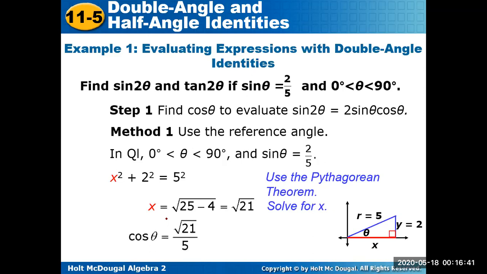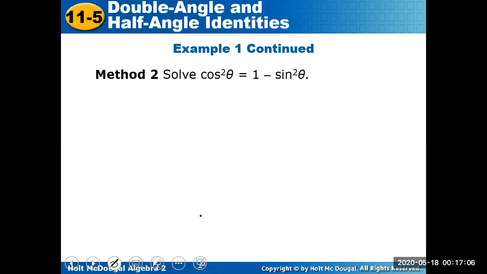Now I have all the things required to evaluate sine 2 theta. I have sine theta, that's given. I just found cosine theta, which is this. You can just apply it in the formula and evaluate the answer. So this is one method of solving for cosine theta. There is another method for solving for cosine theta, which is using the